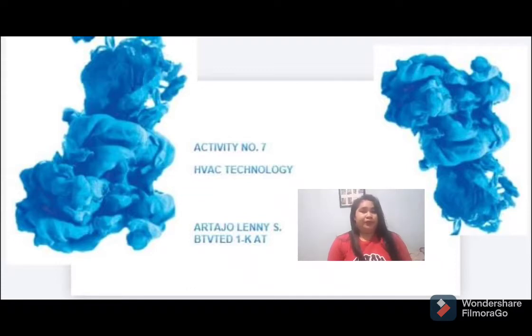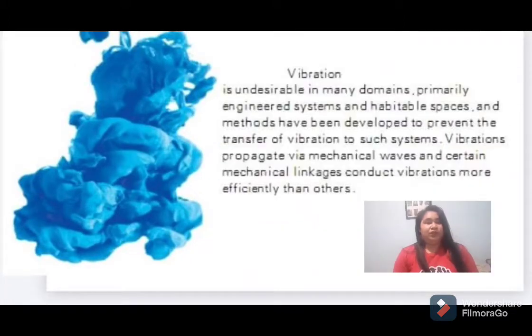What I'm reporting today is activity number 7. It's all about HVAC technology. Installability for equipment is HVAC. HVAC meets the many demands of properly engineered systems in habitable spaces, and enables them to prevent